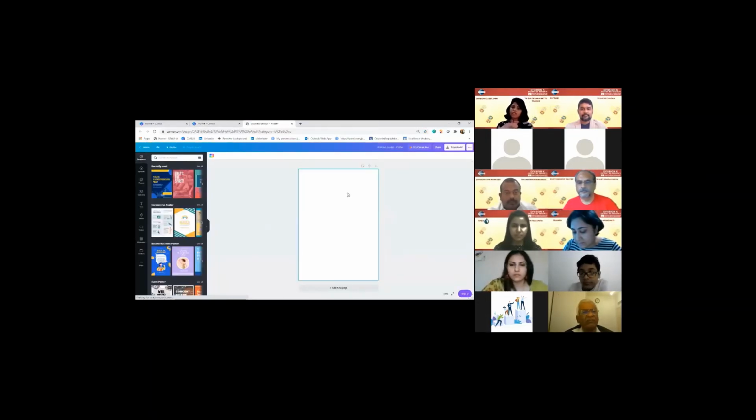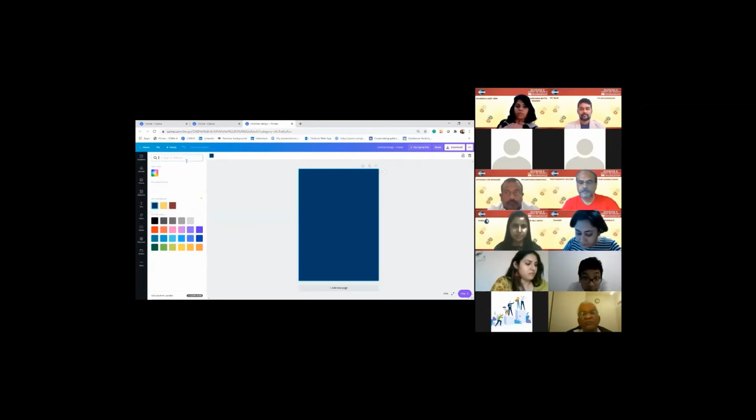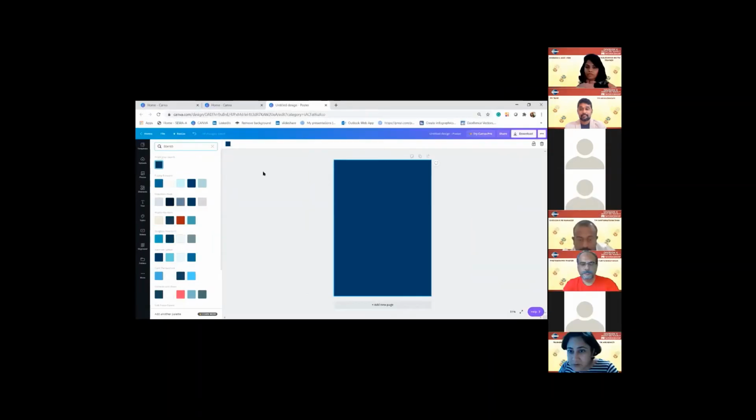Now the first thing we need to follow is TMI brand colors. Once you land on this poster page, you see an icon on the left side top corner which says background color. Click on the icon. If you remember, I added the brand kit colors, so you do see them here. They're already here because I did it on the first page. Now we can pick up the colors from here, or we can type it in the column over here, which is Royal Blue 0041. So the color comes onto your page.